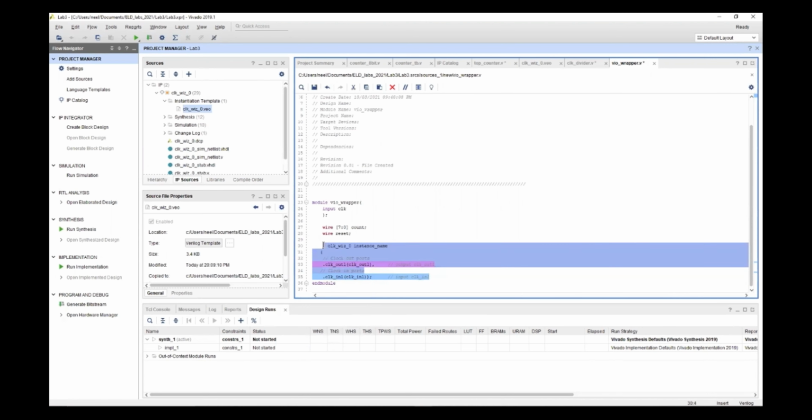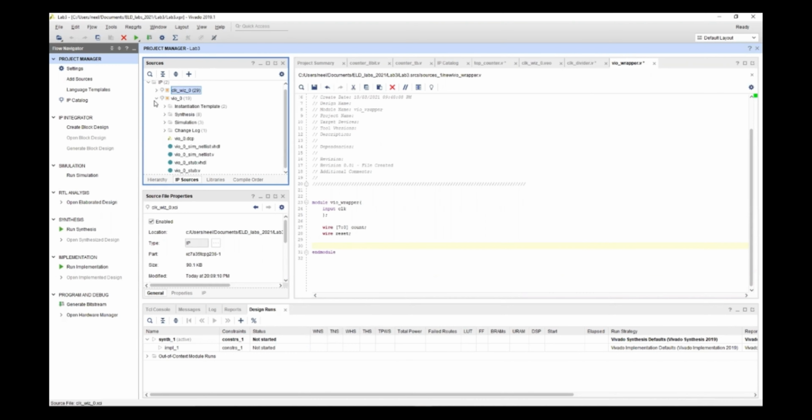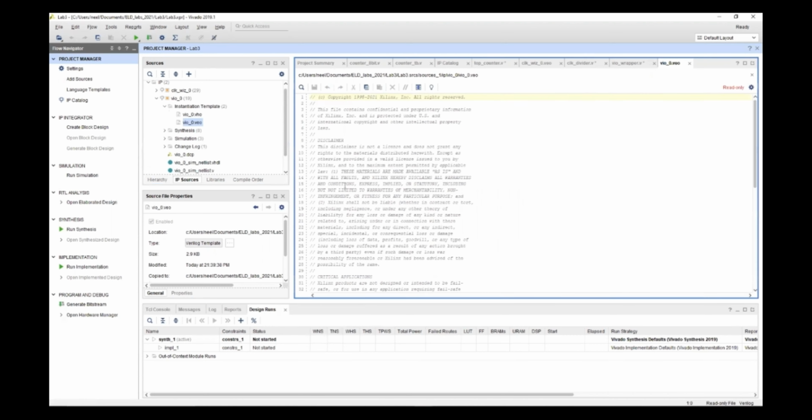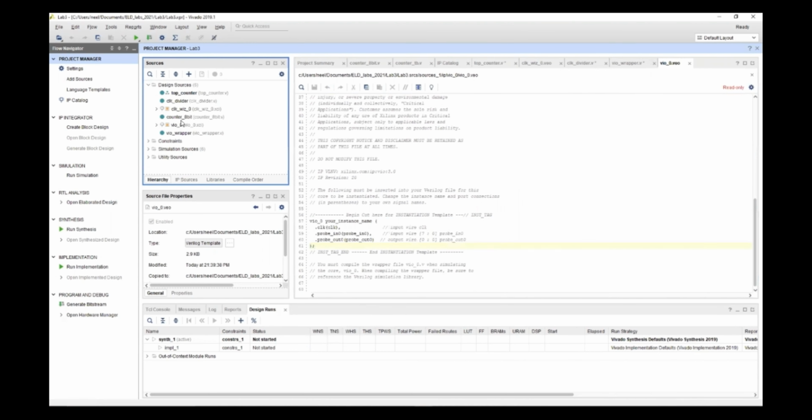This is the clock. This is the instantiation template for the clock. We need the instantiation template for the VIO, so we can get it from here. This is the instantiation template of the VIO.